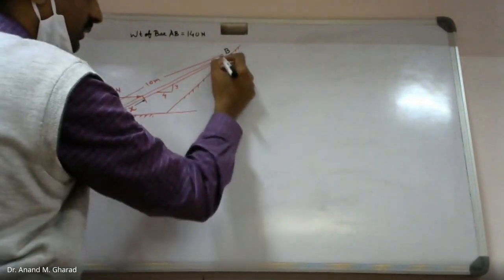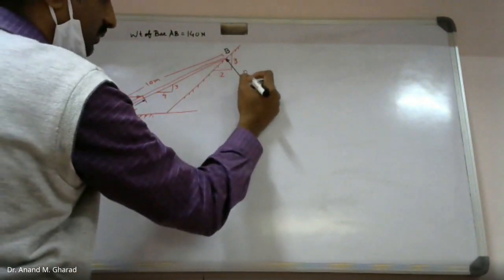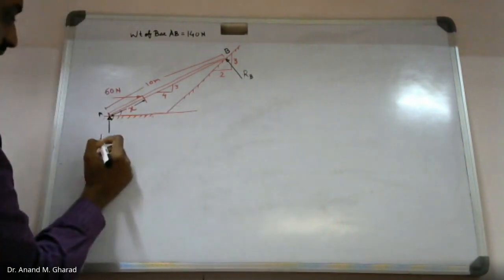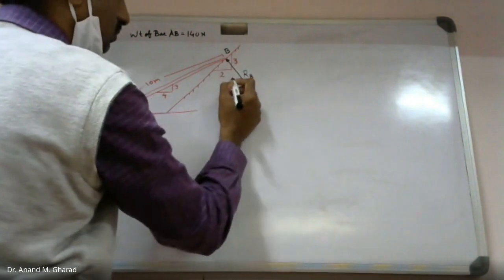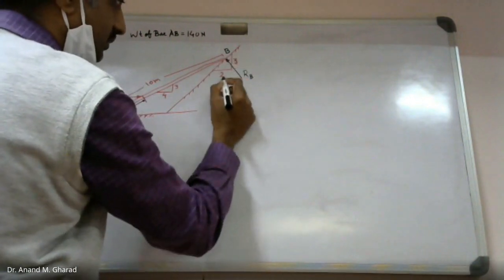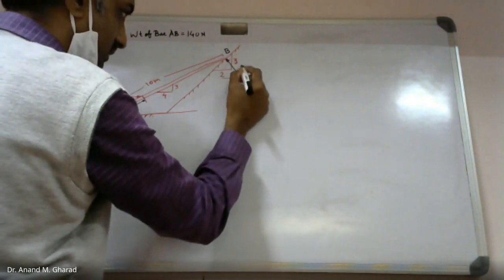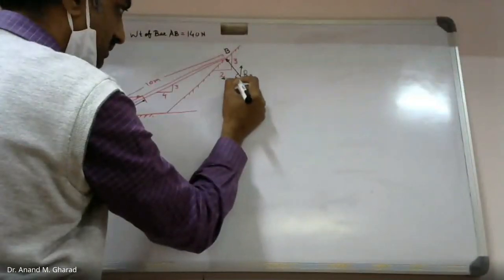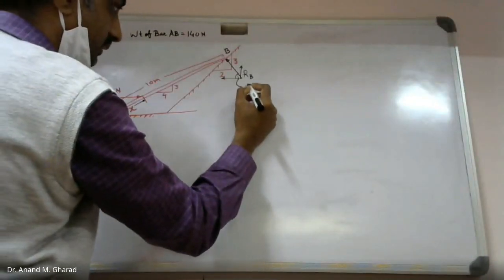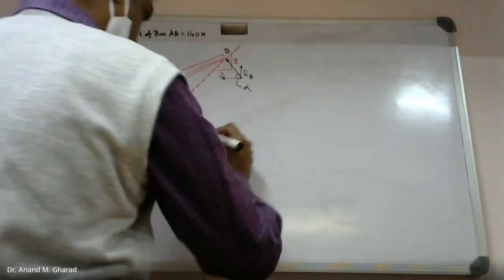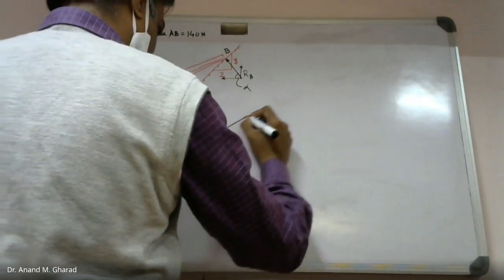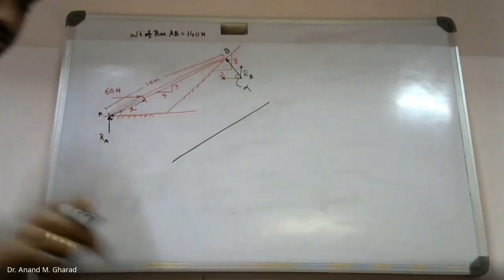This will be an inclined reaction force. Let me call it RB. Let me call this RA. As per the information related to the slope that is given, please calculate this angle value. Let me call it alpha. Okay? Now I will draw the free body diagram, and that is a sketch,